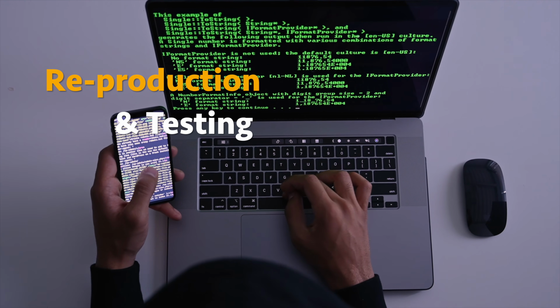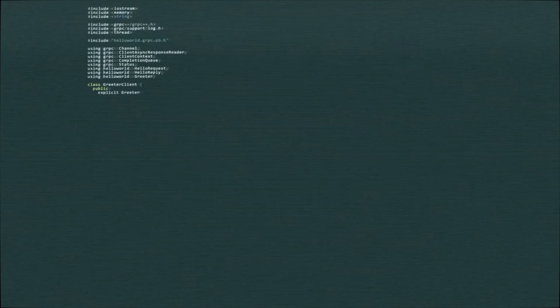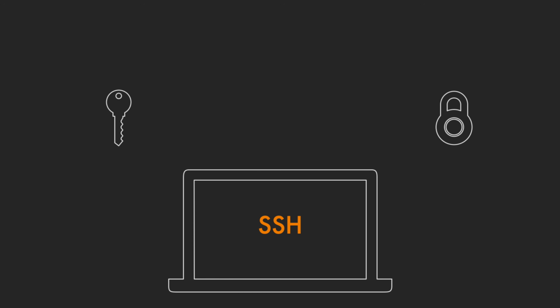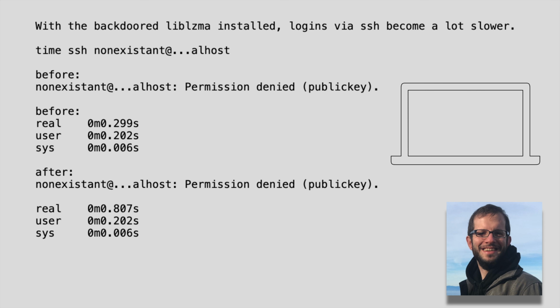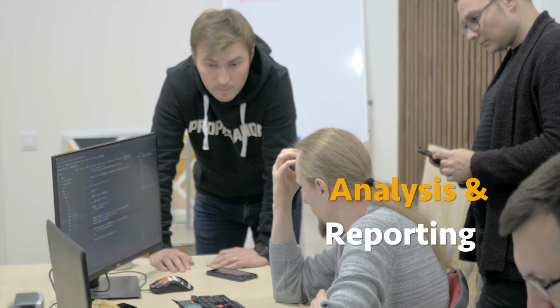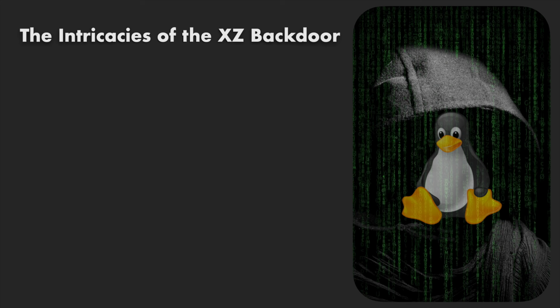Reproduction and testing. Freund replicated the conditions under which the backdoor activated, such as specific environment variables and build configurations, to consistently trigger and study its behavior. He tested different scenarios to see the impact on SSH, confirming that the backdoor could slow down or manipulate SSH logins. Analysis and reporting. Freund's thorough investigation revealed the intricacy of the XZ backdoor. Injection mechanism: an obfuscated script in